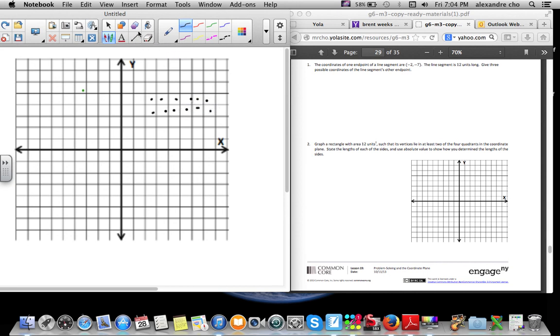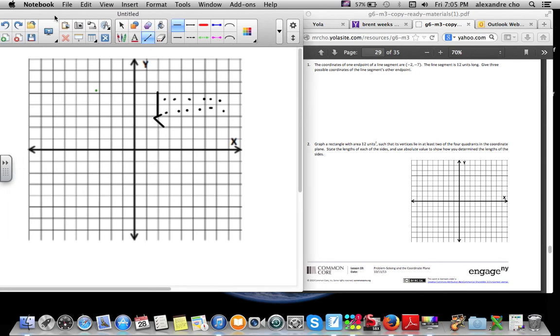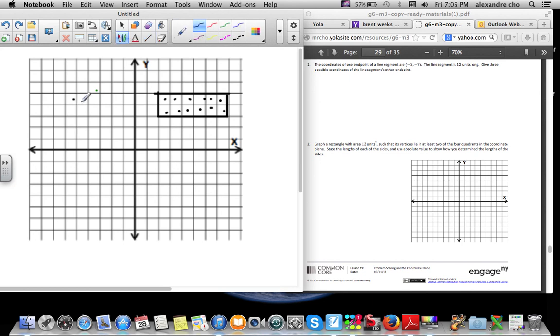Now let me see if I can join them. Alright, so if I create a rectangle that's 12 units squared, this would be one of the choices. 6 over, 2 up. There's my rectangle. You could have done other ones, of course. Okay, you could have done a 1, 2, 3, 1, 2, 3, 1, 2, 3, 1, 2, 3, a 3 by 4. And if you connect these,